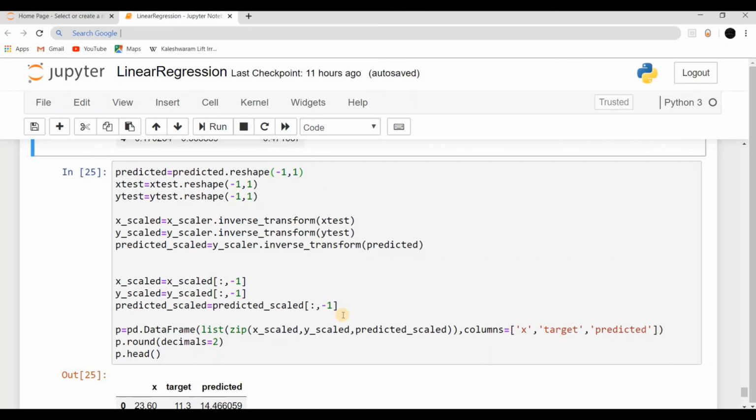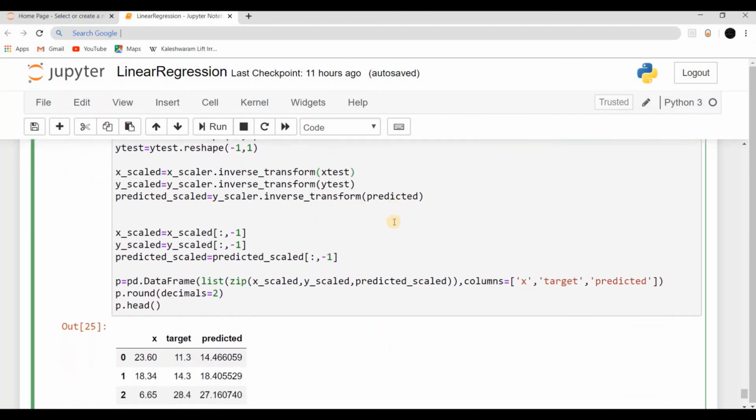For this we have to provide the data in horizontal manner. So by using the NumPy reshape function, we are converting all column data to horizontal, and by using the scaler object's inverse_transform, we are obtaining the original values.